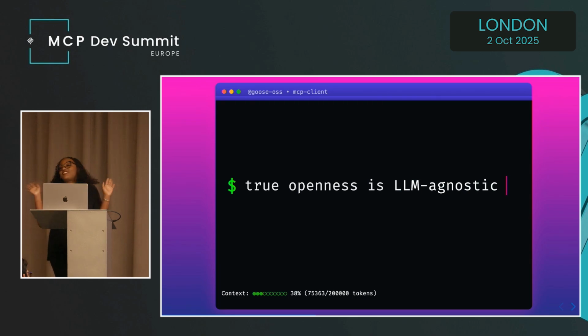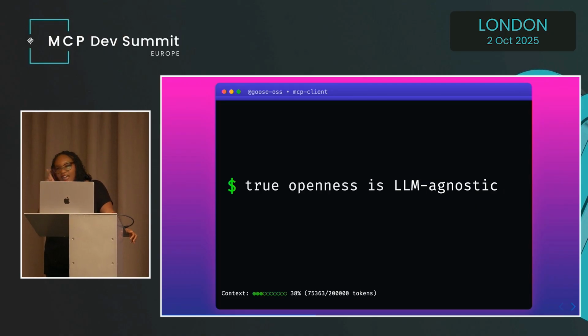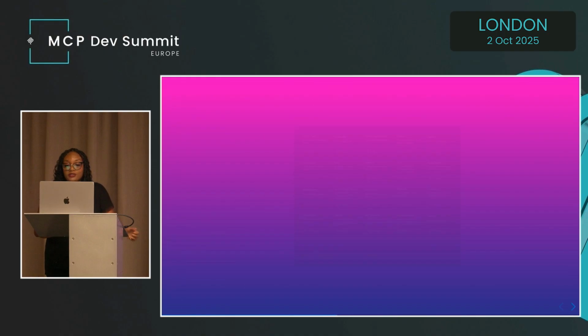I'm half joking here, but tell me that you all are not eyeing that little cost tracker as your agent gets a little chatty. I know you are because you all are the ones that added that visual to Goose.